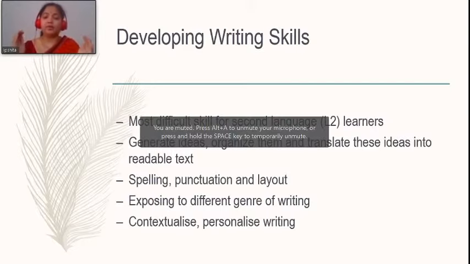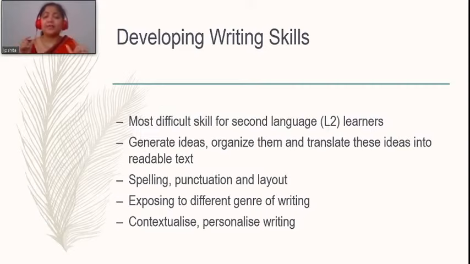So as we know, the number of sounds in English is 44. Number of letters is much lesser, right? So each letter does not correspond to one sound. There can be multiple sounds which one letter connects with. So because of this nature of English language, spelling becomes a big challenge for us. So instead of punishing our students for wrong spelling, or instead of getting worried, it is important for us as teachers to understand that students will take time, students will make mistakes with spellings.